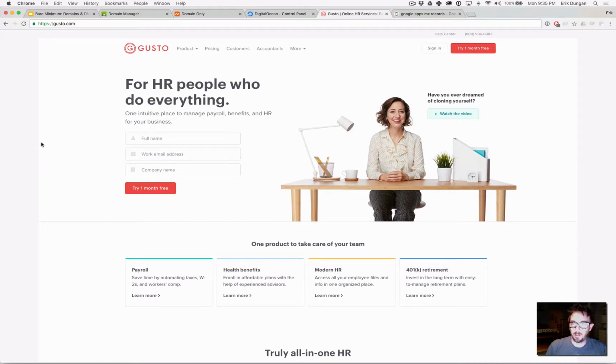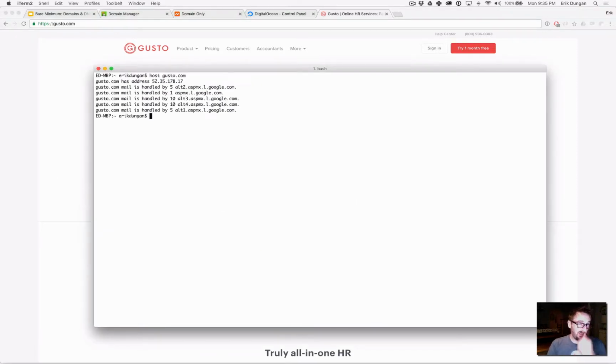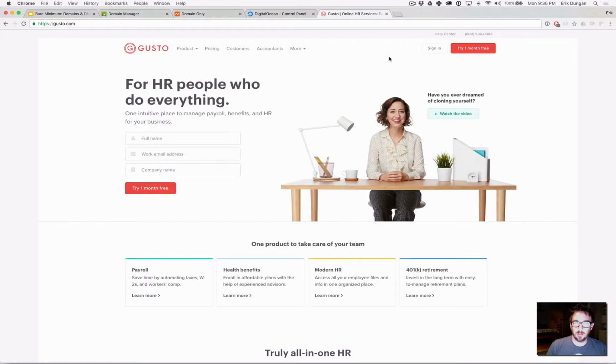Okay, Gusto has a homepage at gusto.com. Now, let's see here. Maybe I can see what. Okay, so it looks like they're just pointing to some IP address and using Gmail or Google for their email. Okay, well, look at this. When I go to sign in to actually use the Gusto app,